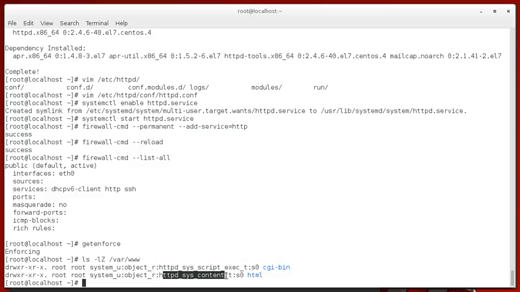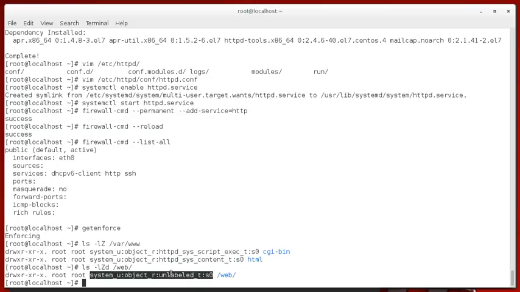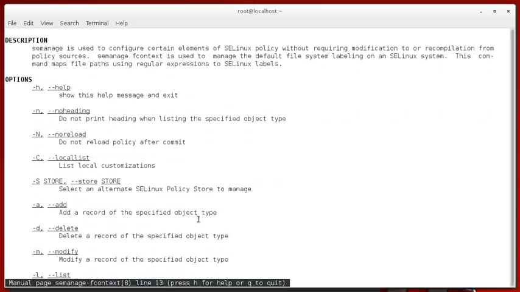So we need to set this context for the web directory. If we look at the web directory, ls -lZ web, you will see that it is unlabeled, right? So let's just fix that. Again, let's just go ahead and go to the semanage man page. And since we're doing the fcontext, then we can actually look at this man page here, which is semanage-fcontext, right? And on this file, we do have a very good example at the end,